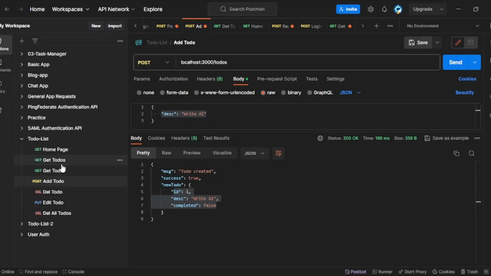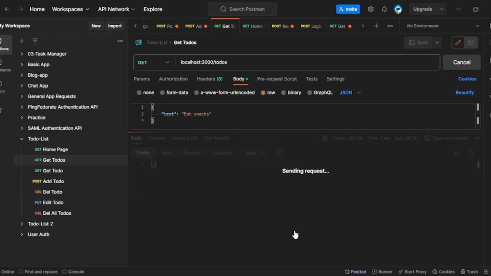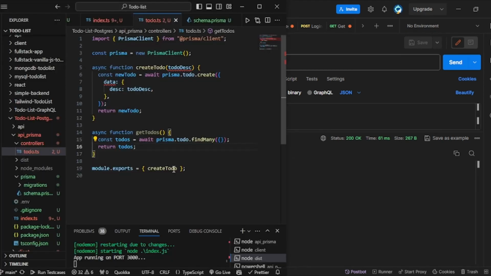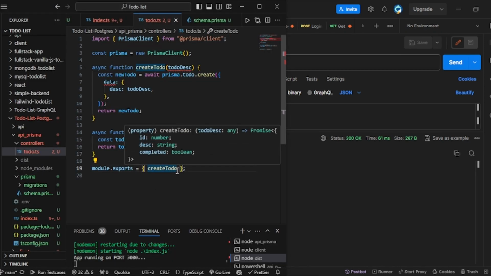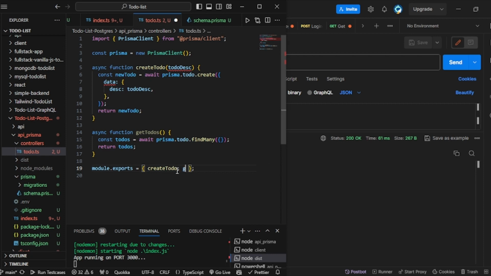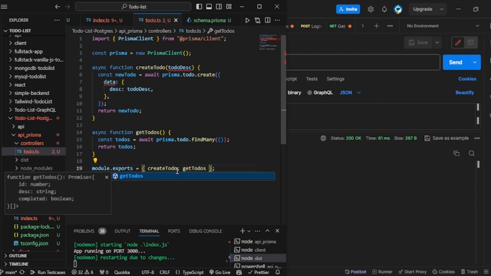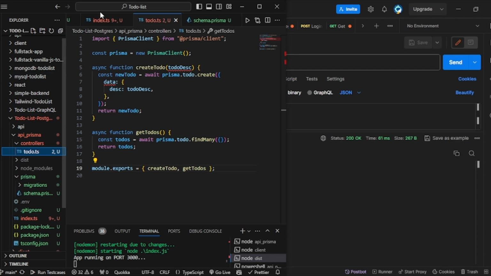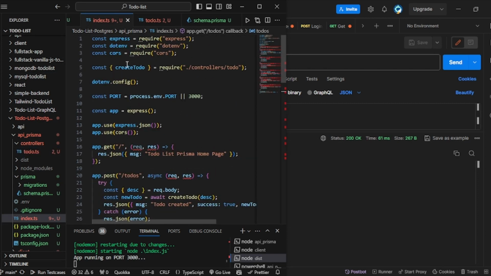So right now if I go to getTodos and send, okay, we are not getting anything. Let's try to find out why, and that is because we are not exporting it. So we will simply export this thing getTodos, and in our index.ts also at the top, after the createTodo, we will also import getTodos. Now if I send,